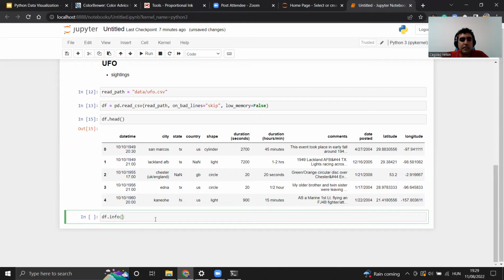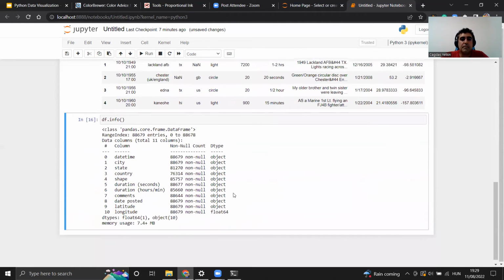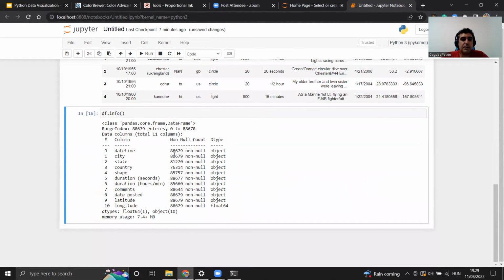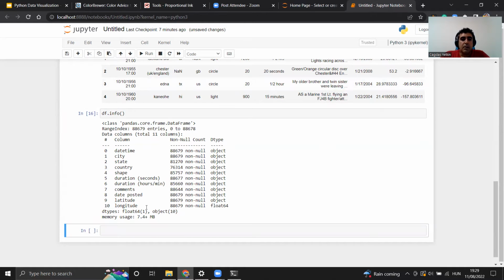We call this info function. We get some basics about our data, like we have 88,679 records in this data. Okay, let's start visualization. But before starting the visualization, I mentioned that I have a cleaning function and I want